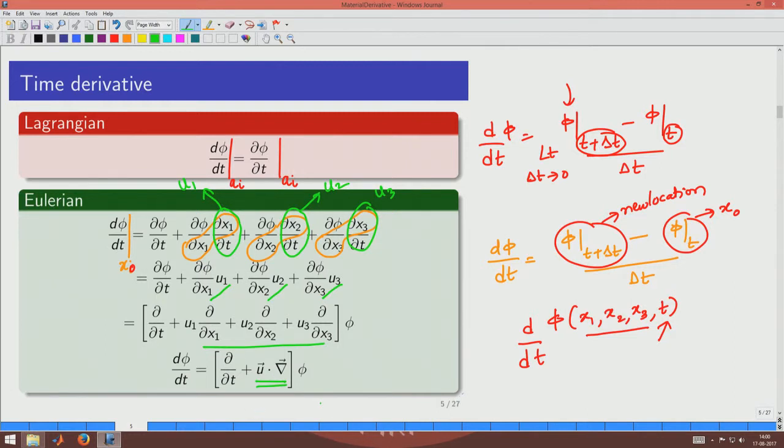So, you can see that when you want to look at the time derivative in Eulerian specification, you have got multiple terms, the partial derivative with respect to time, and also the second term, which we normally refer to as the advection term. Okay. So, that is taking care of the new location being moved. So, we see that in the Eulerian specification, the time differential is coming with respect to two terms. We have the partial differential here, and then we have got the advective term. So, this is how the Lagrangian specification and Eulerian specification are going to make a big difference when you are looking at the differential with respect to time, and if phi happens to be the velocity, then we are talking about acceleration. So, how would the acceleration look differently?